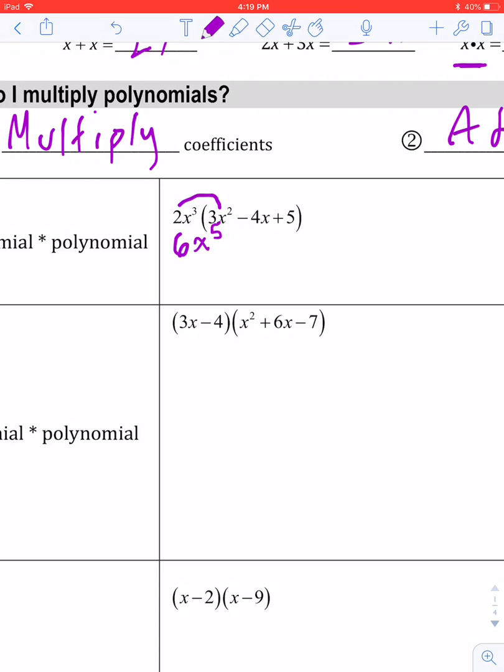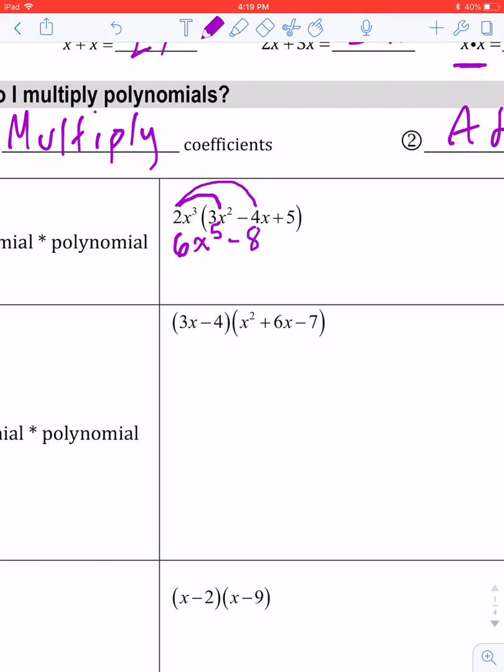Okay, so let's go on to the next one. I'm going to take this 2x to the third, and I'm going to multiply it to this negative 4x. Now I'm calling it negative 4 because remember the sign in front of it is negative, so I know that the 4 is a negative 4. Okay, so let's multiply those together. I've got my coefficients of 2 and negative 4, so I'm going to have negative 8. And then I've got x to the third